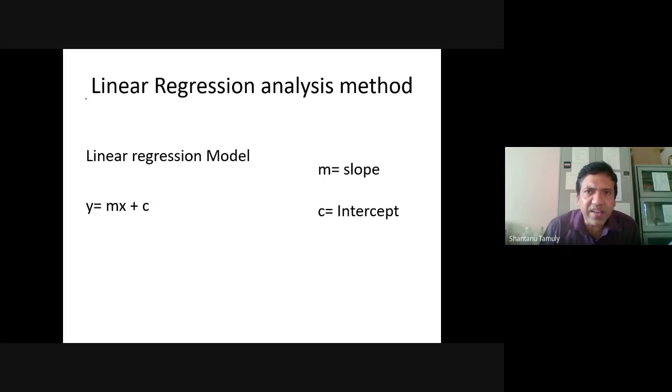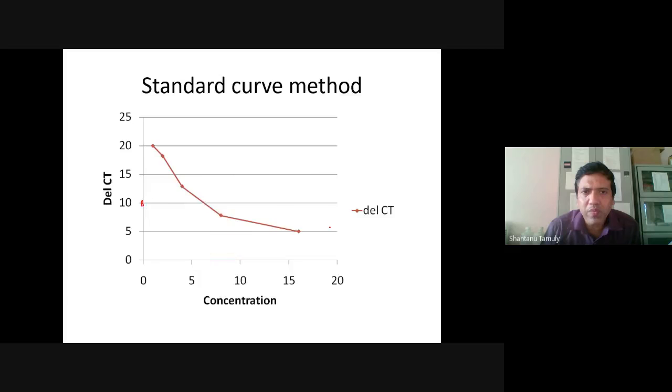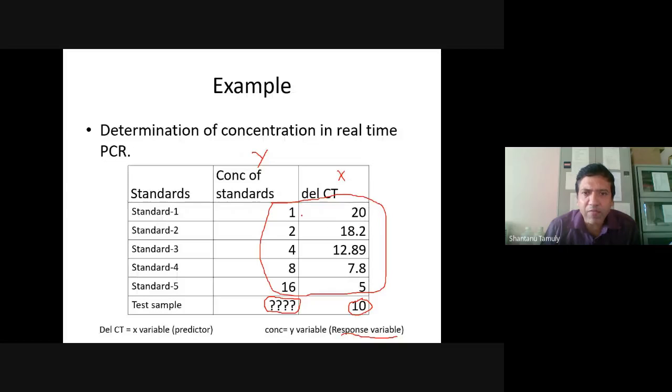So the linear regression analysis method is considered a better method. In the linear regression method, you will have to enter all these values. You will not put the value of the test sample now. Just put the values of the standard, both concentration as well as the delta Ct value. Or simply, you will have to enter the values of the x variable as well as the y variable,